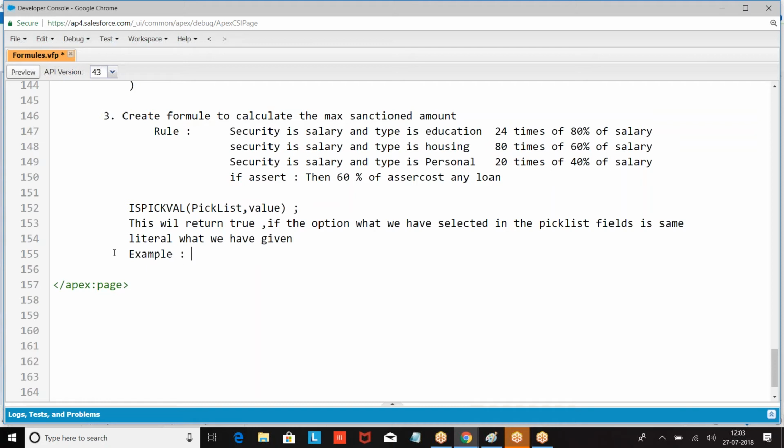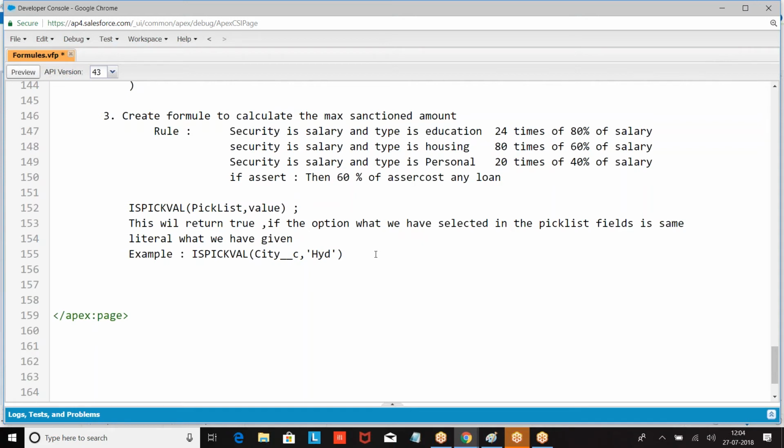Example, is equal of. This is how we are creating. Now what I want to do, look at the format here.